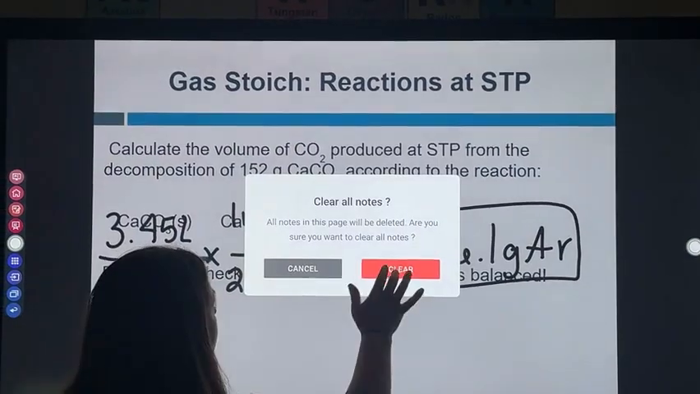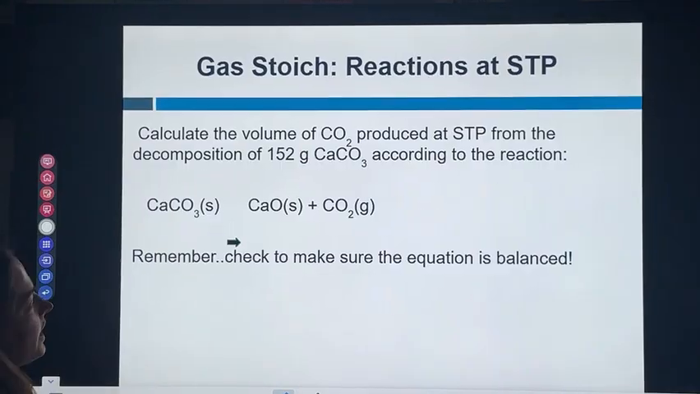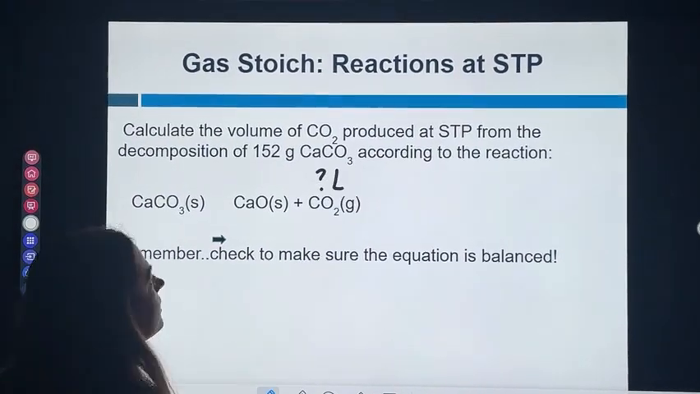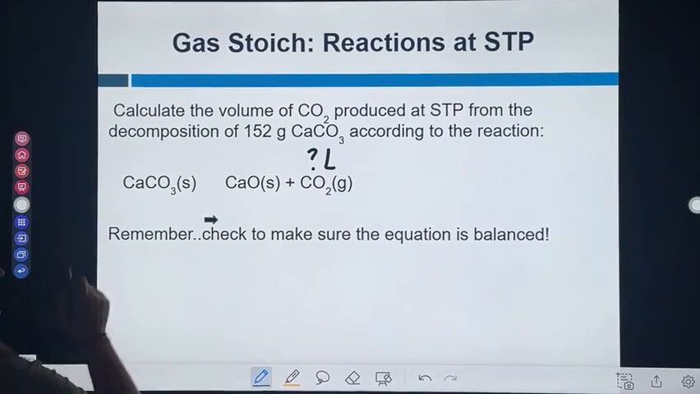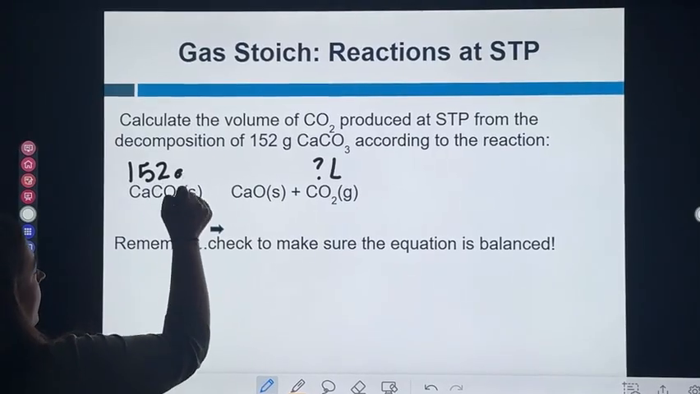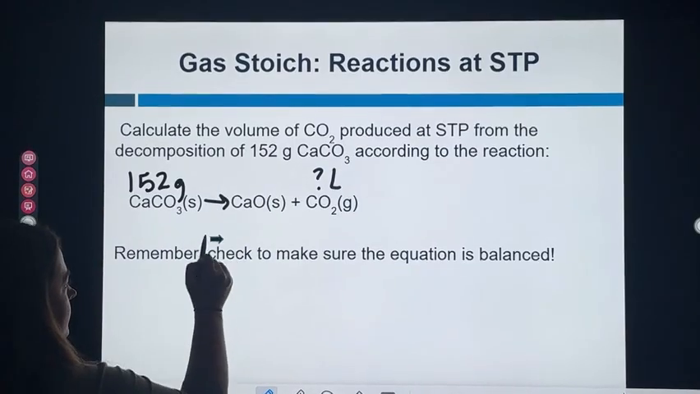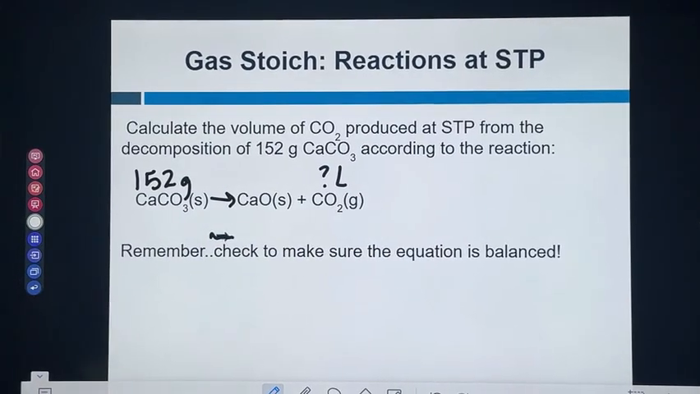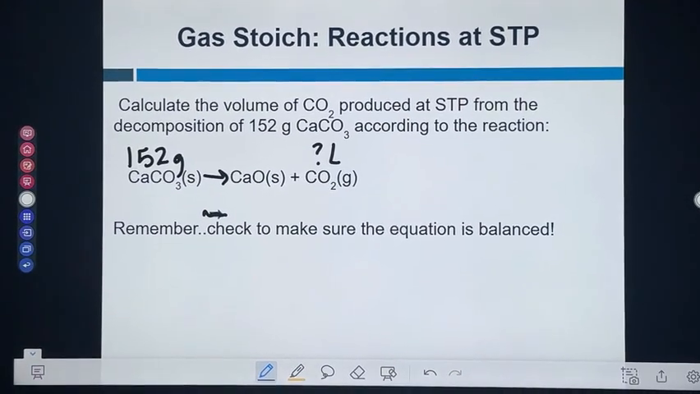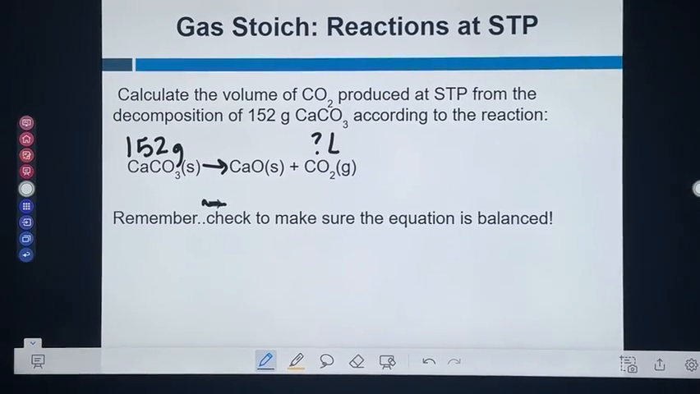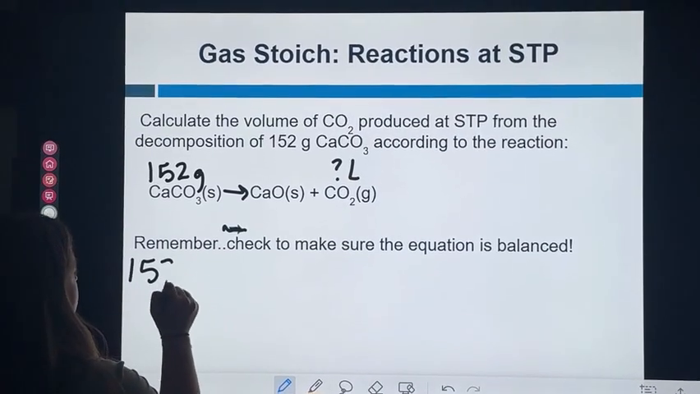We're going to do another equation with gas reactions at STP. We want to calculate the volume of carbon dioxide. We're looking for liters of carbon dioxide produced at STP from the decomposition of 152 grams of calcium carbonate. According to this reaction, we have our equation. Our arrow got bumped down, but that's still where our arrow falls. You always want to make sure that the equation is balanced first, and in this case, it is. Since it is at STP, we are just going to do a straightforward reaction, and we won't need the ideal gas law. So we have 152 grams of